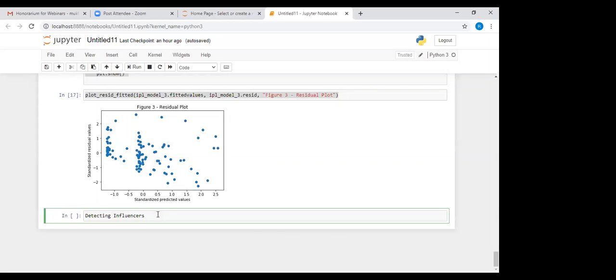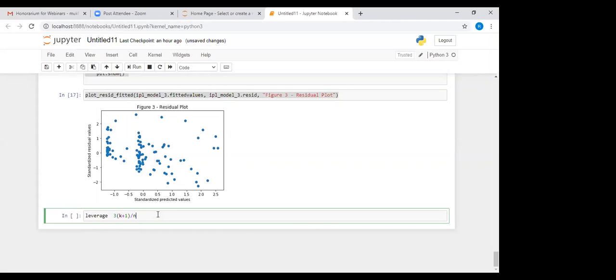We will find something called the leverage. Leverage is defined by 3 times (k plus 1) by n, where k is the number of variables and n is the total number of observations.